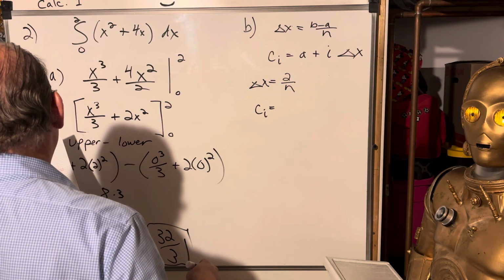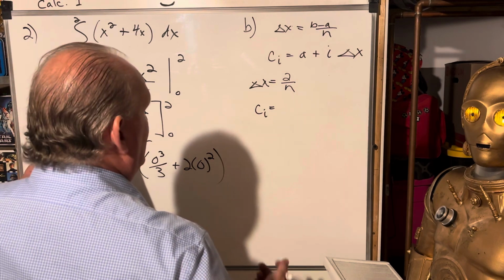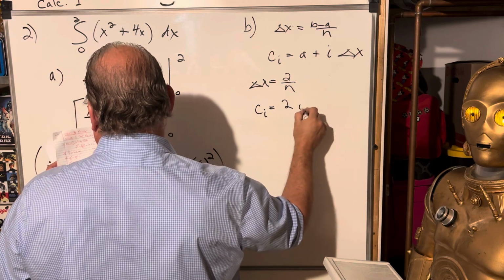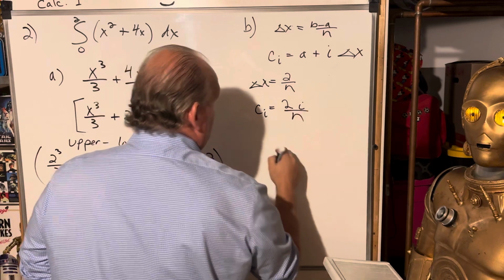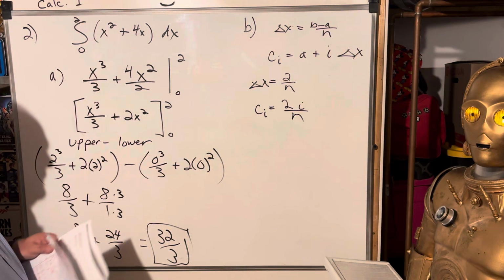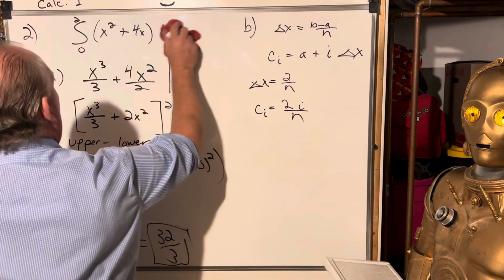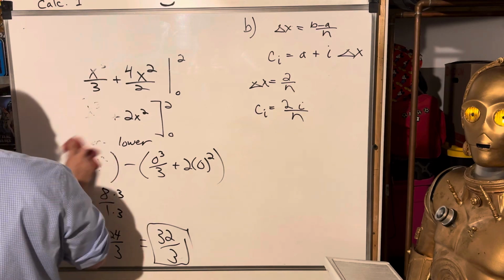So remember AB, so A is 0 plus i times the change in x. So that's just 2i over n. So it was 0 plus 2i over n. All right, so keep track of those, because now we're going to do it using the Riemann sum, letter C,